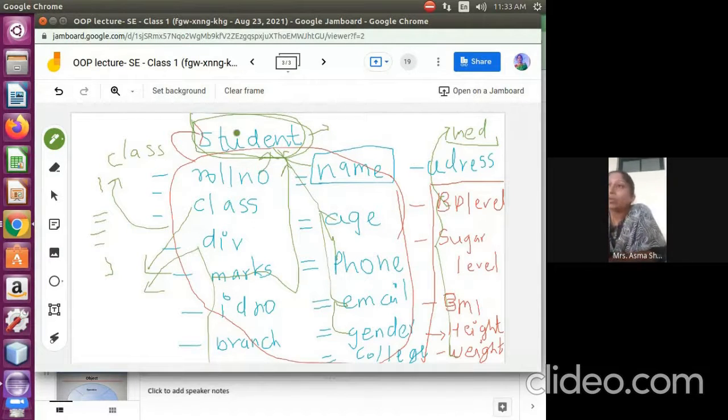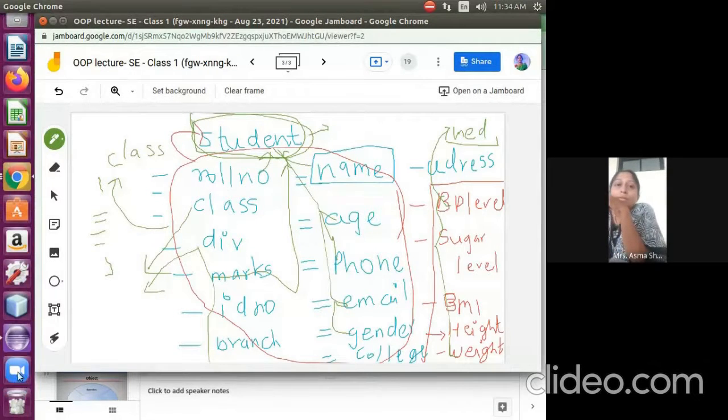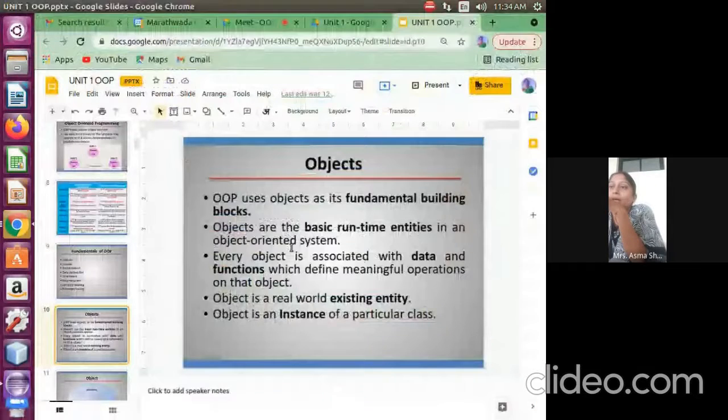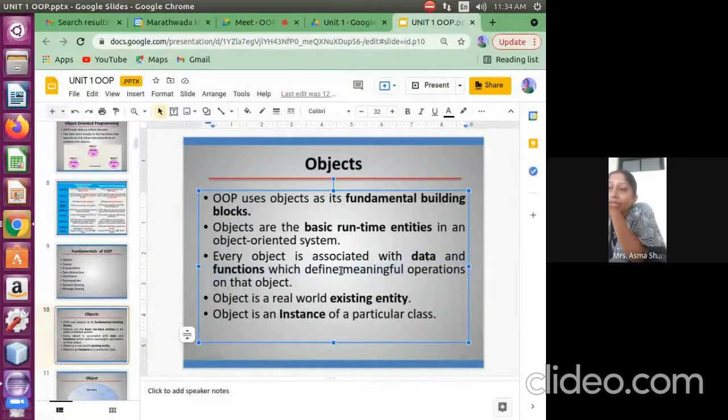What I have to tell you here is that important attributes are very important. We have to gather the important attributes. We have to list down how many attributes we have, from which we select the important attributes for our program. So if we see this, data and meaningful operations on that object.